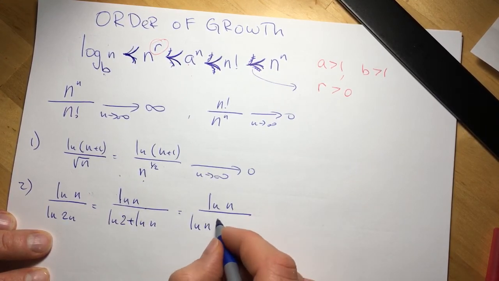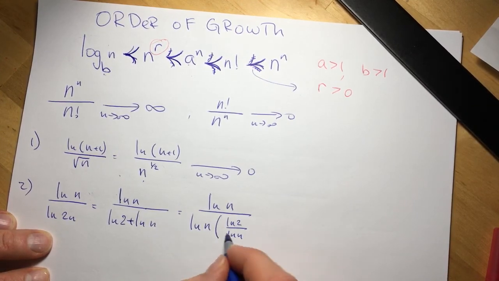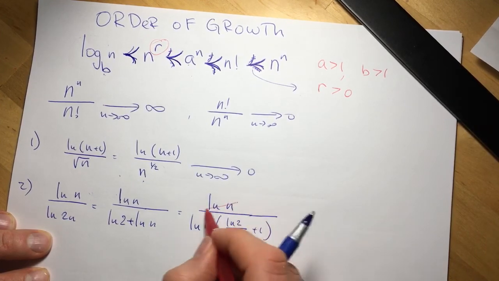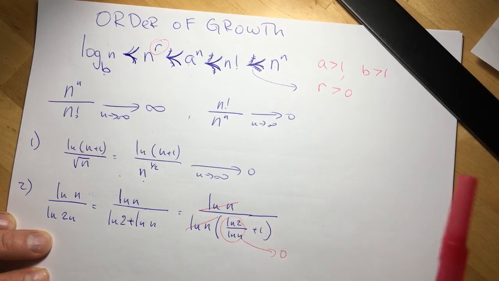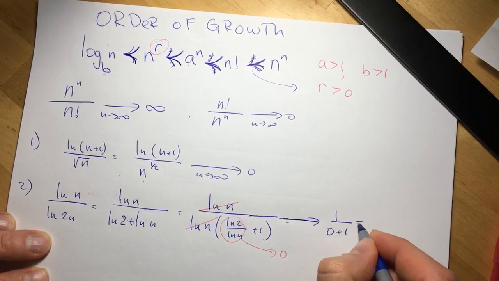If not, just factor the dominant terms. We have (ln 2 over ln n) plus 1. Then you cancel this, and as n goes to infinity, I have a constant divided by something that goes to infinity, 0. So this approaches 1 over 0 plus 1, which is